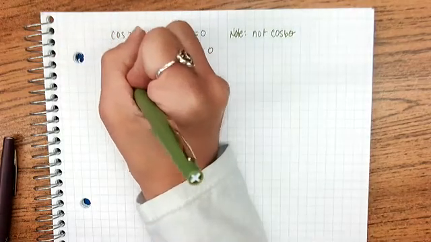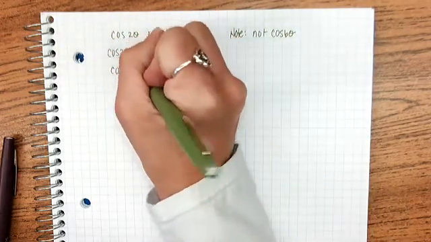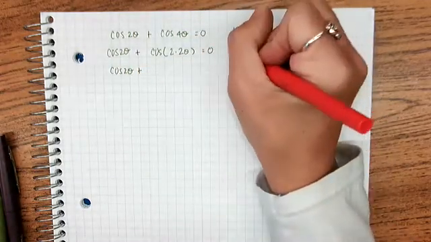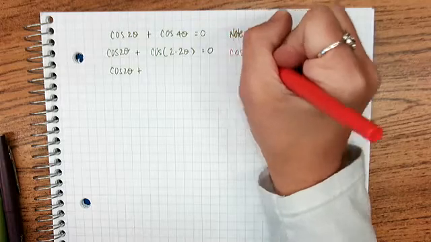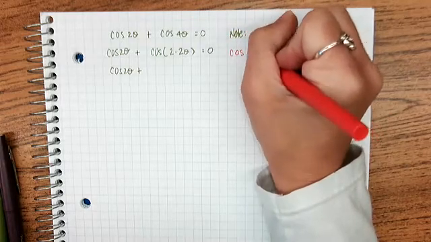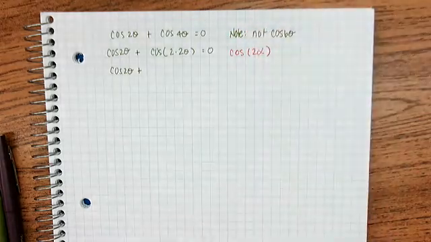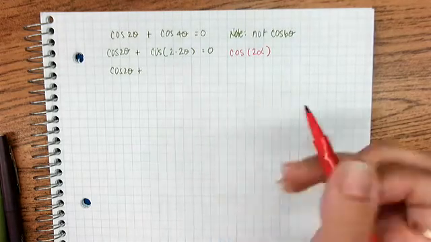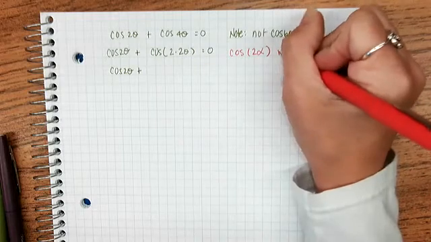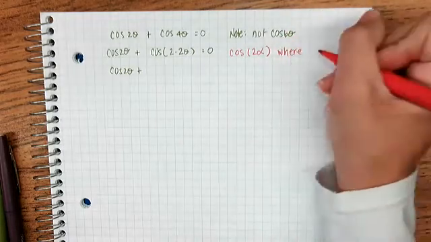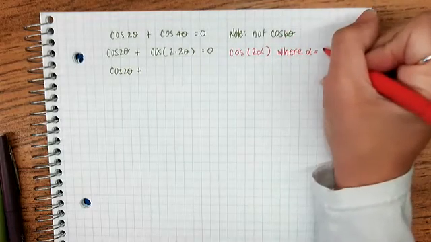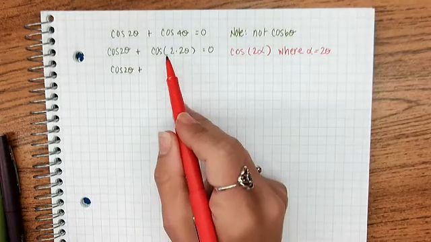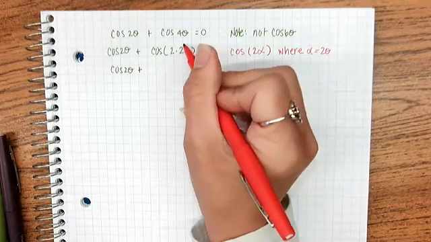And I'm just going to rewrite the cosine of 2 theta as the cosine of 2 alpha, where alpha is 2 theta. Lots of 2's. So 2, and if I make this alpha,